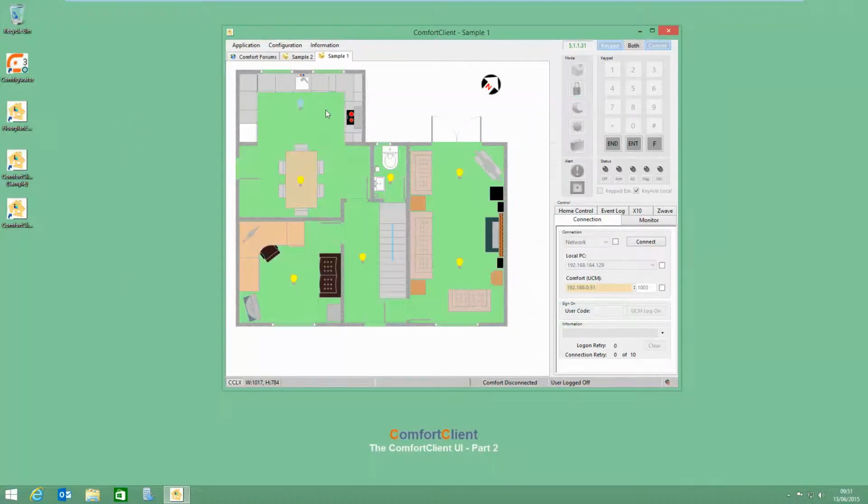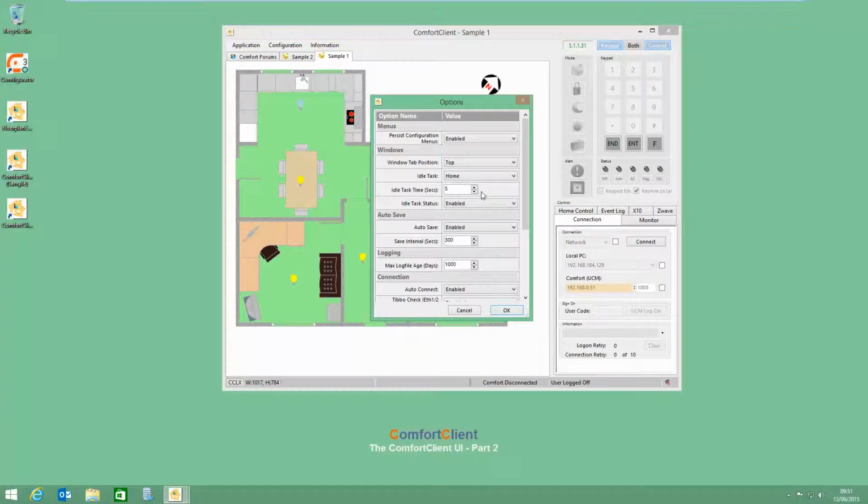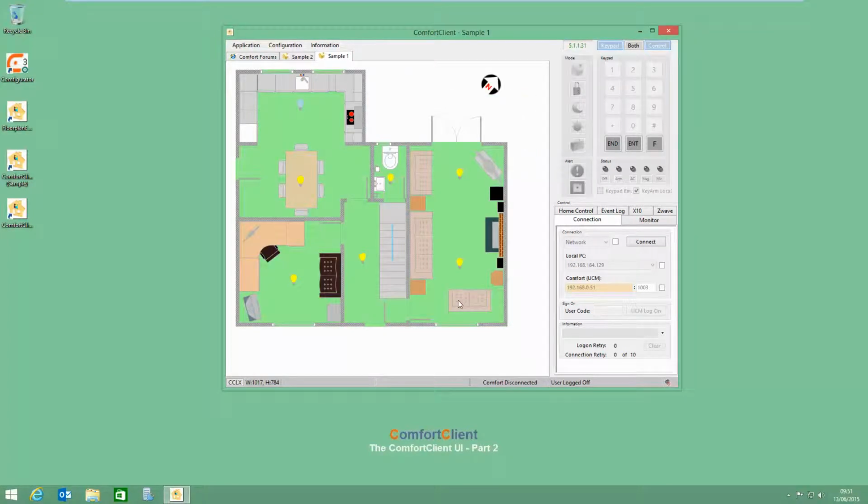Okay, so we can set a polling period by which it will cycle through the tabs. Now by default it doesn't do that, so we need to enable it. Okay, so we enable it through our options. So let's go back to options. Now by default at the moment what we've got our idle task set to is home. If we set that to scan instead, now we've enabled the scan feature,